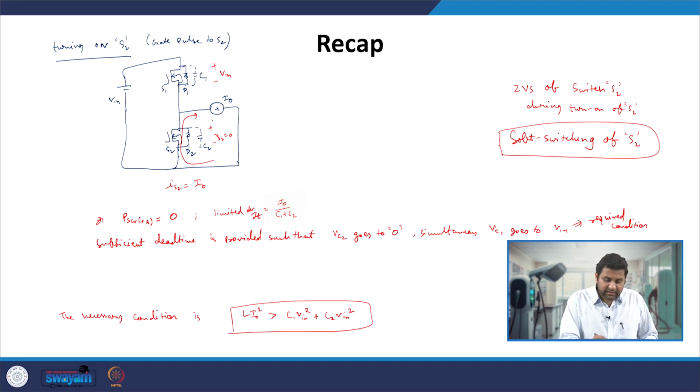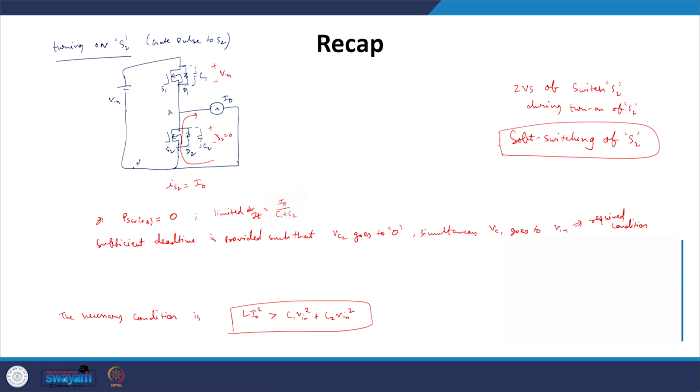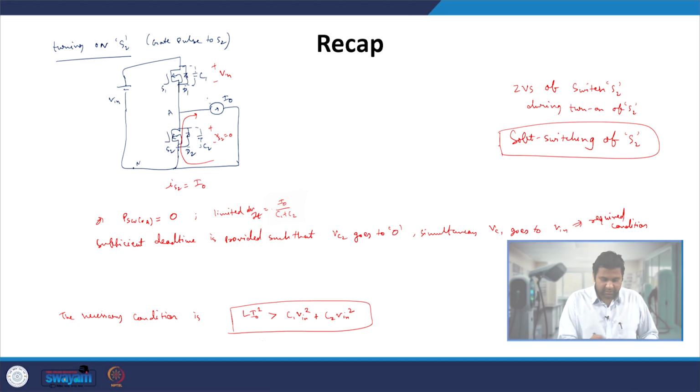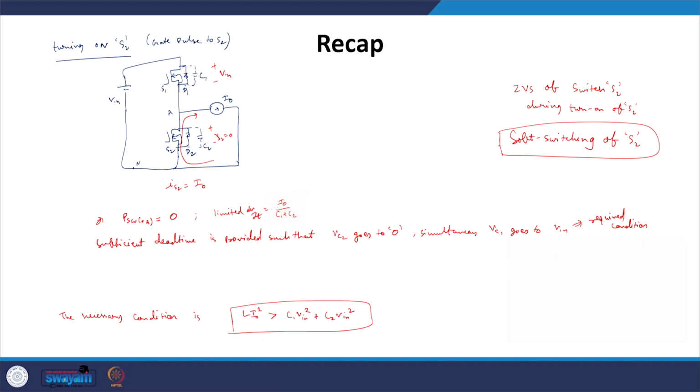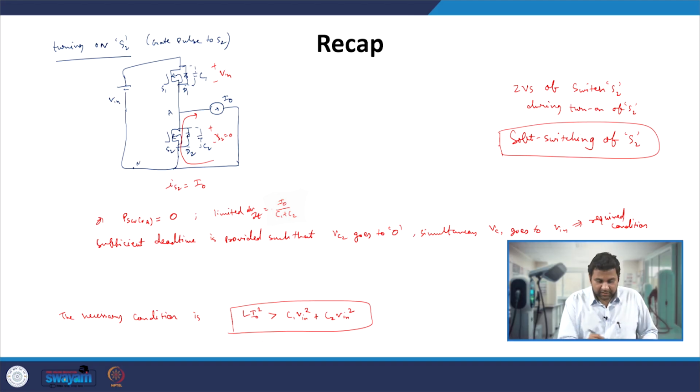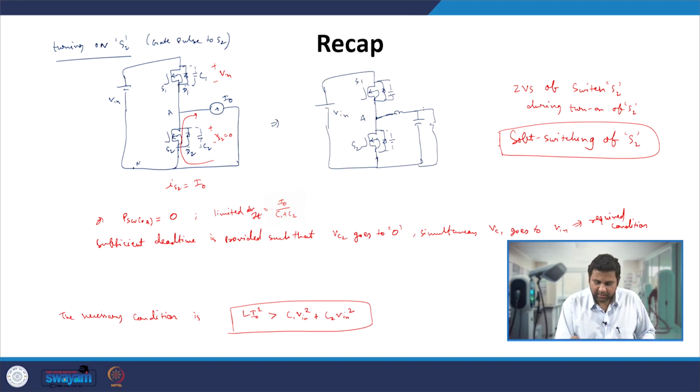Since, during the dead time, the dV/dt, that means the voltage between points A and N, is limited depending upon C1, C2 and the I0 current, we can also have less EMI, that is, electromagnetic interference to nearby systems. We have also seen that in this circuit, instead of R, L and C, we could have the voltage source on this side, and on the other side we could have resistance and capacitance.